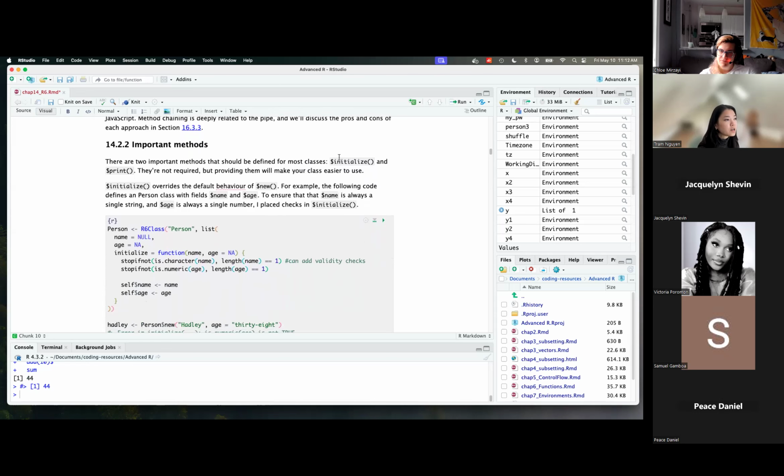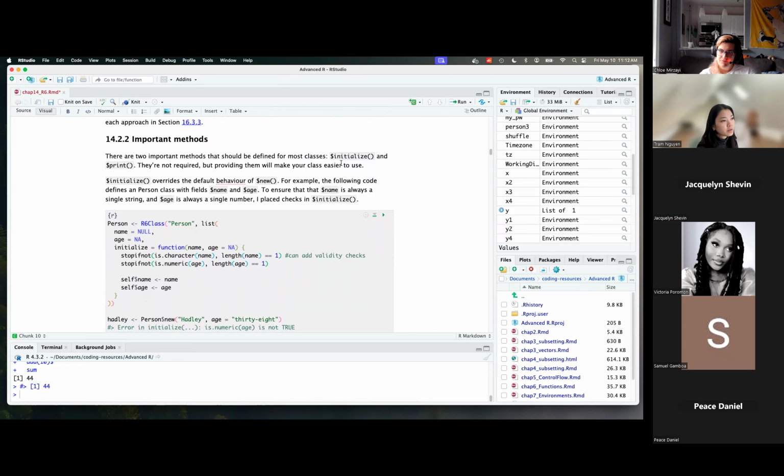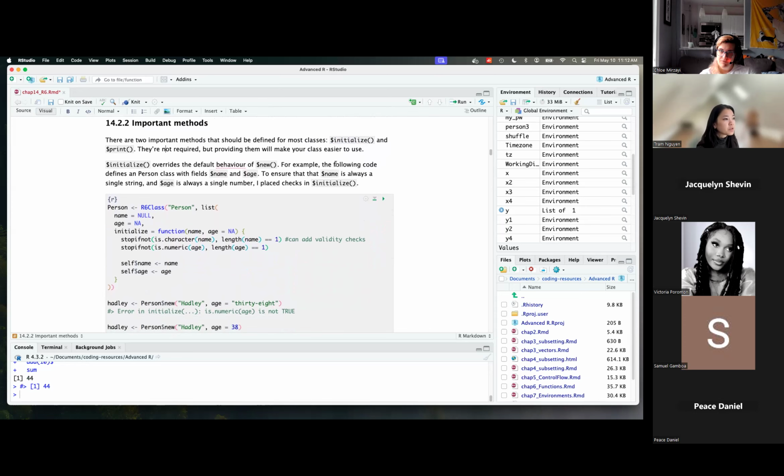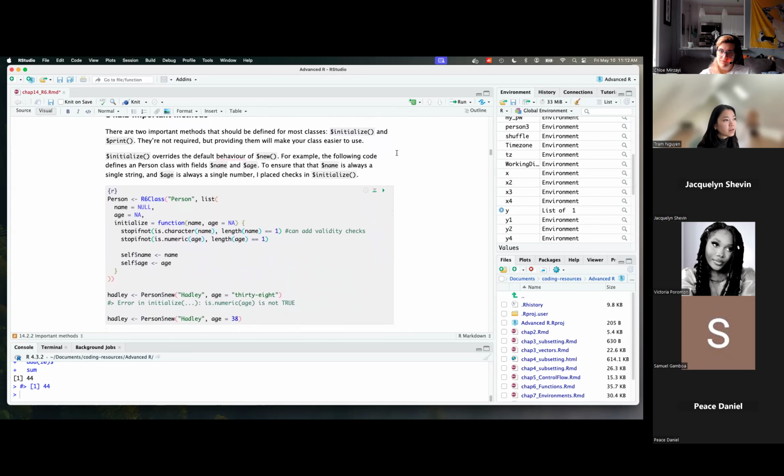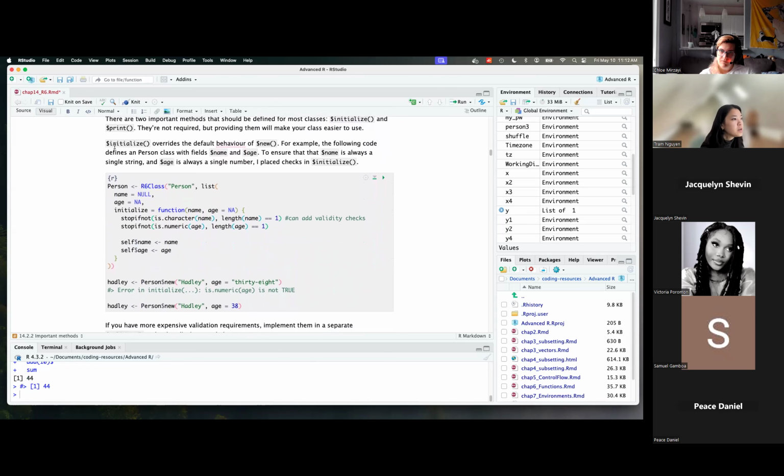There are some other methods that are really useful and important for the R6 class. One of them is initialize, and then print. They're not required, but they really help the R6 class be more intuitive and create a lot more utility from it. So for example, this initialize,